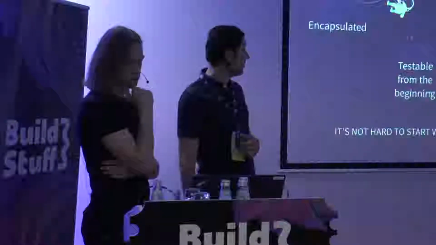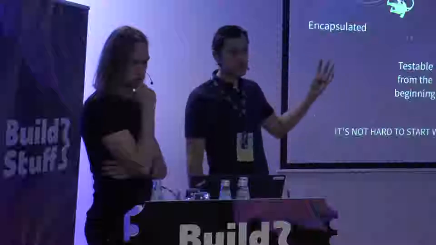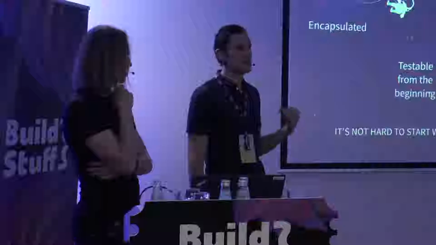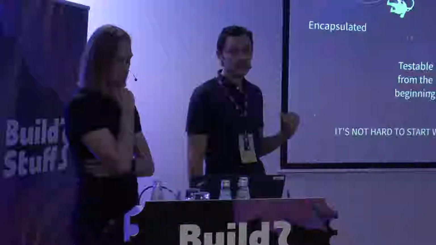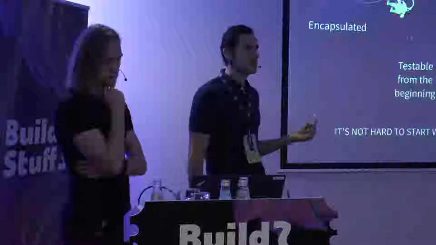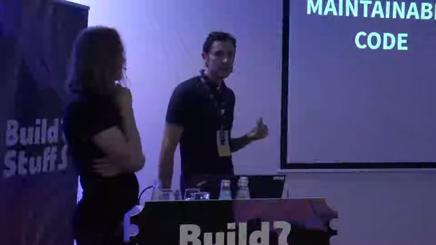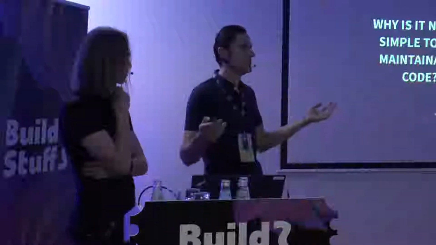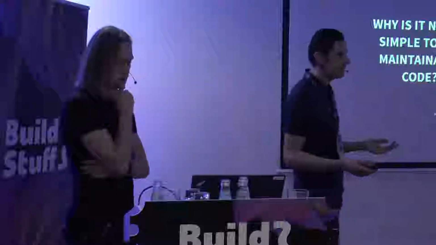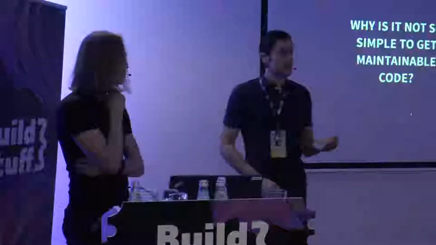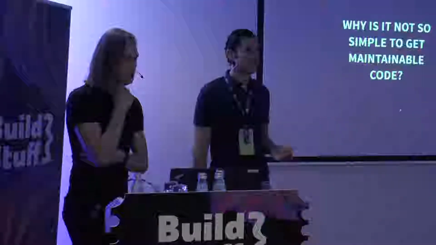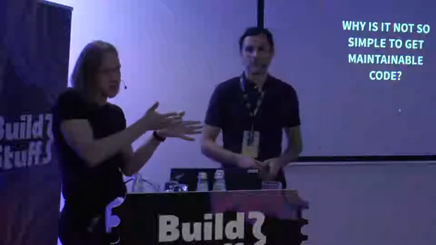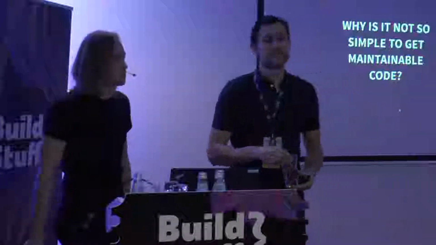So nevertheless, we know these features, these rules, but actually we are still struggling with creating maintainable code. And we're asking ourselves, why is it so, right? So the problem, why is it not so simple to achieve maintainable code? Despite we know all these rules, we read a lot of books about that. So maybe, again, do you have some ideas? Why is it so hard to align with your team, like we see stuff differently, right? Anyone have